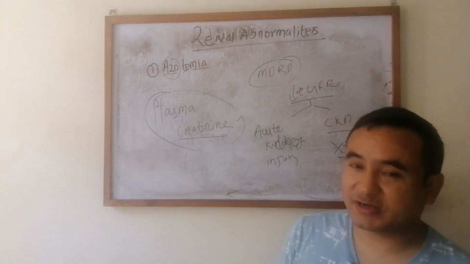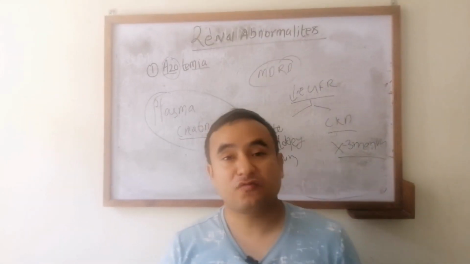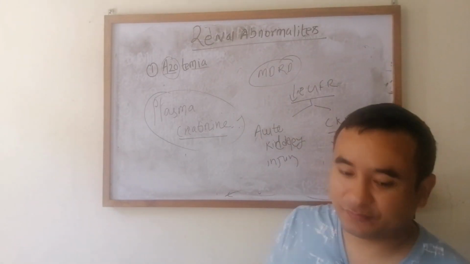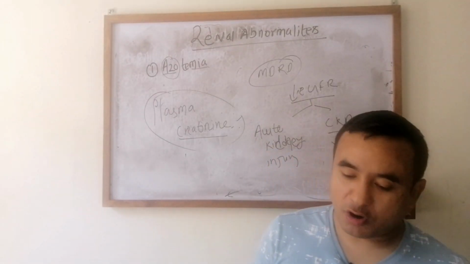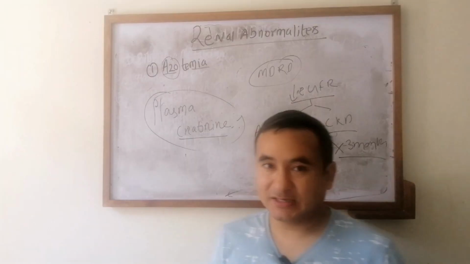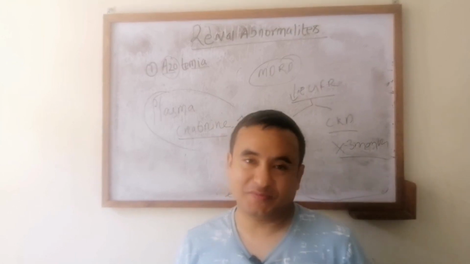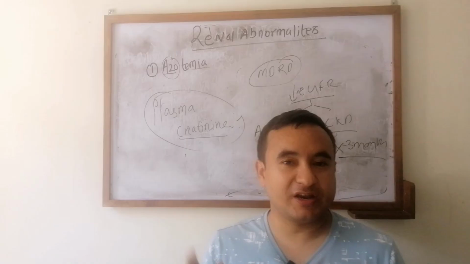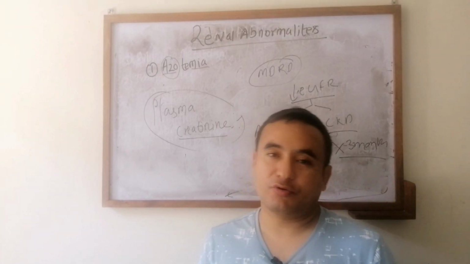So how, with the level of plasma creatinine, can we calculate? We have different formulas, but often we use the Cockcroft-Gault formula, then the MDRD formula, modification of diet in renal disease, and there is also CKD-EPI. For the Cockcroft-Gault formula, the formula is (140 minus age) into weight divided by serum creatinine into 72. And for females you have to multiply by 0.85. If there is a reduction in the EGFR, then we have to think about renal impairment. Acute renal impairment is called acute kidney injury, and chronic renal impairment is called chronic kidney disease.